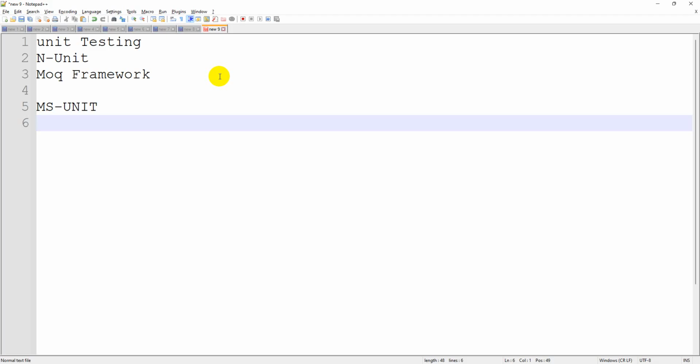So already some code will be developed. That's our real-time implementation, right? So when there is an implemented project, you are going to create some test cases for checking whether that functionality is working as per the requirement or not. That is what is called unit testing in Visual Studio. So before going to NUnit, first of all let me show you what unit testing is and how to perform unit testing in Visual Studio. That is our first step.